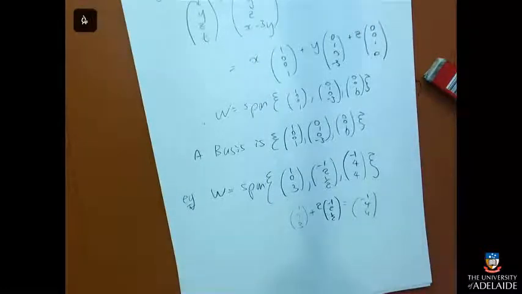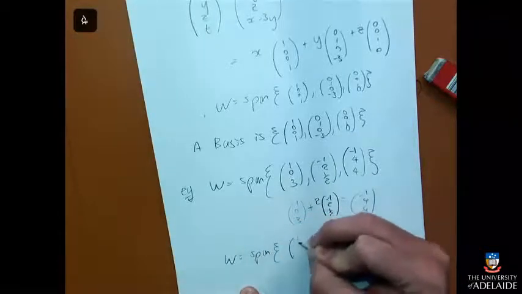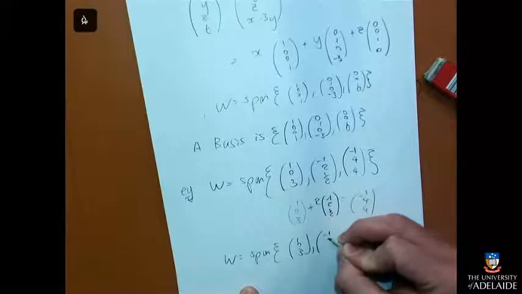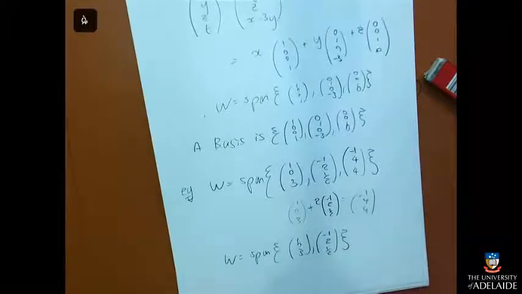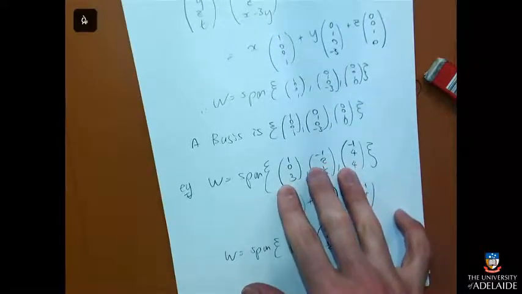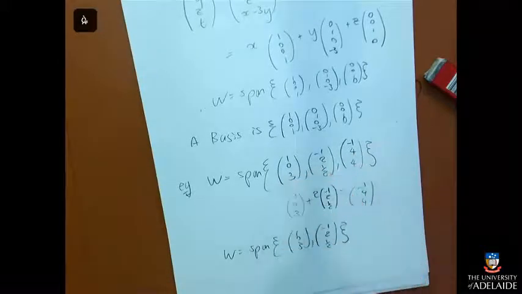Now that's not the only way to tell if they're linearly independent, but if you notice it, it's a good one. And so in fact, W is just the span of these two, because I can make that third one out of the first two anyway. So anything that I could make as combinations of these three, I could just as easily make as a combination of these two, because that one's already a combination of those two. And so now they are independent, and so I've found a basis. Yay! Okay, that's one way.